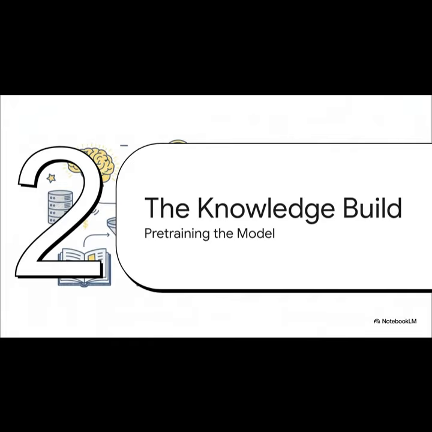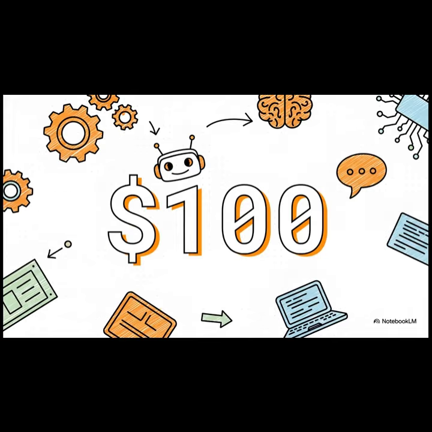And now we're at the big one. This is the most critical, most power-hungry, and most expensive part of the whole process, pre-training. This is where our model goes from being an empty box to something that actually understands language and the world. Remember our budget, that $100? Well, this is where it really comes into play. To do this, we're renting a pretty beefy cloud computer with 8 power